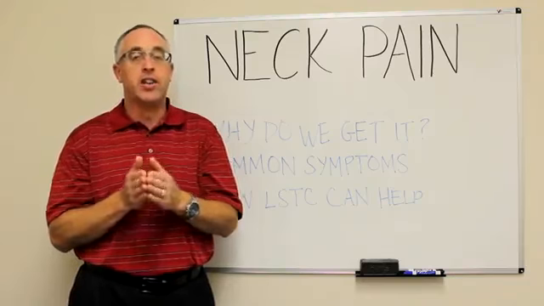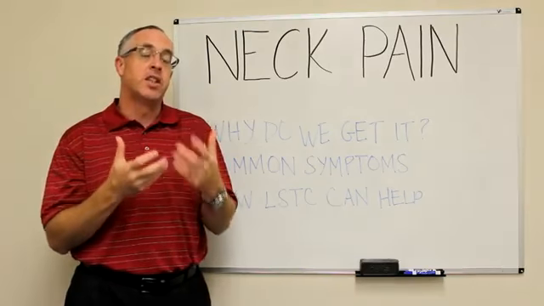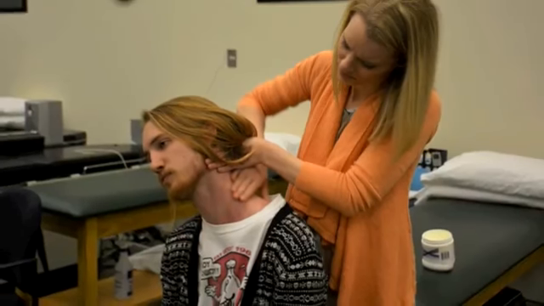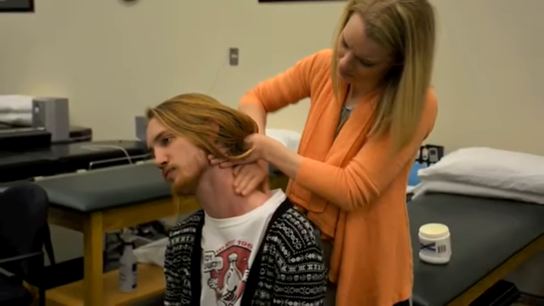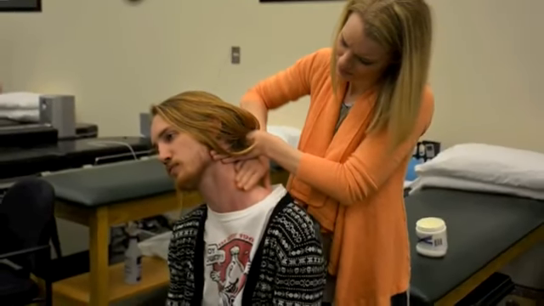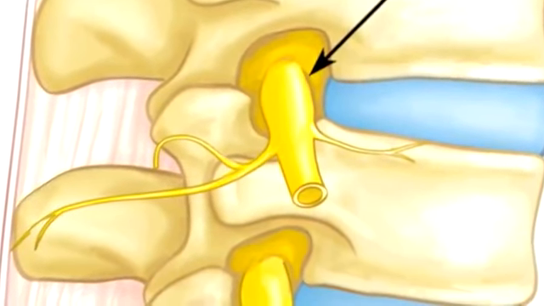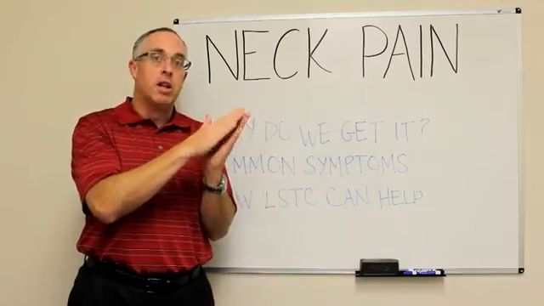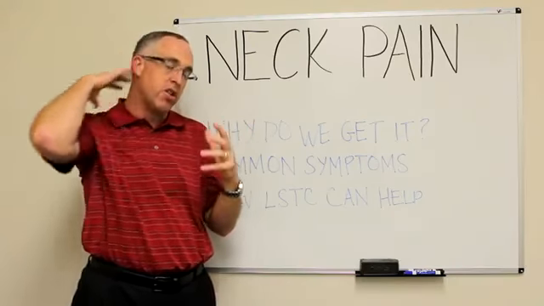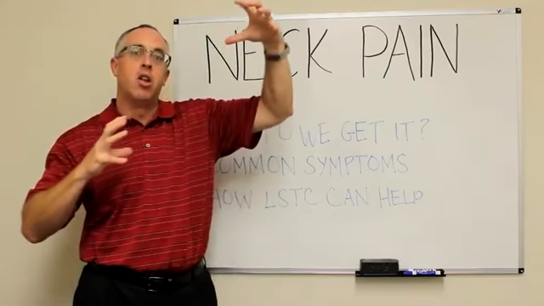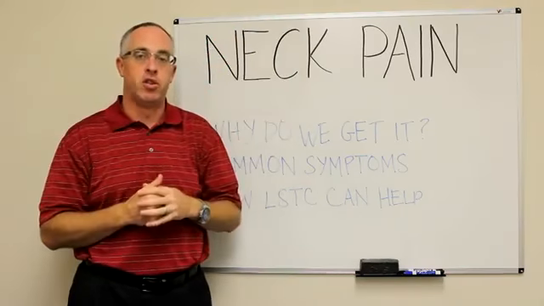The second thing is that in most cases, it's gotten to a point where we need to do some manual things, some manual therapy to try to increase that space in between the vertebrae. Get the vertebrae further apart so that they stop pinching against each other. Get the pressure off of the disc and off of the nerve so that the symptoms go away. Manually, passively stretch those muscles in your neck so that they are truly longer. Muscle is like a rubber band, and the longer that it is, the less pressure there's going to be.